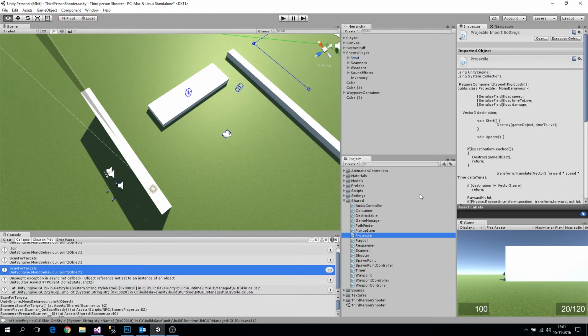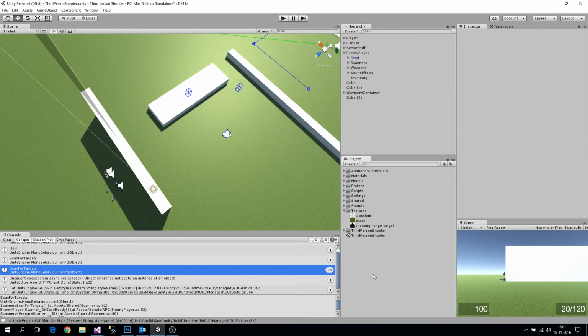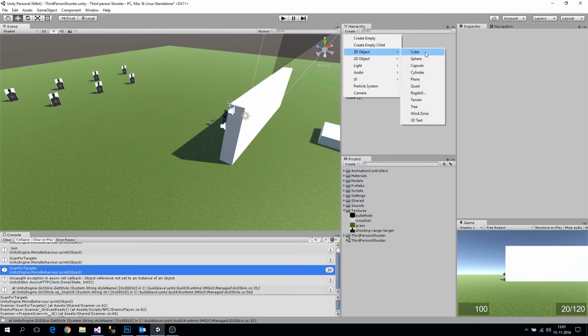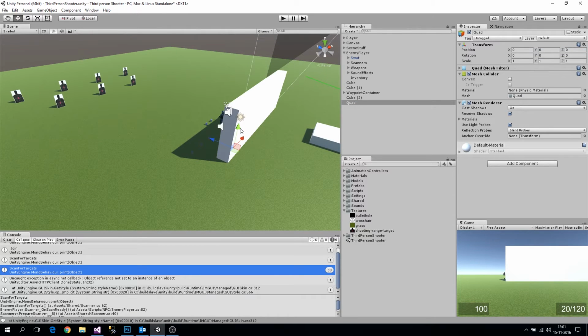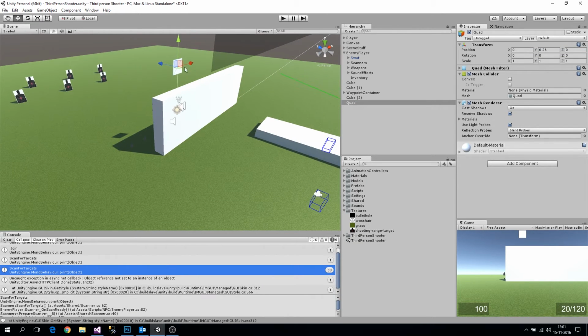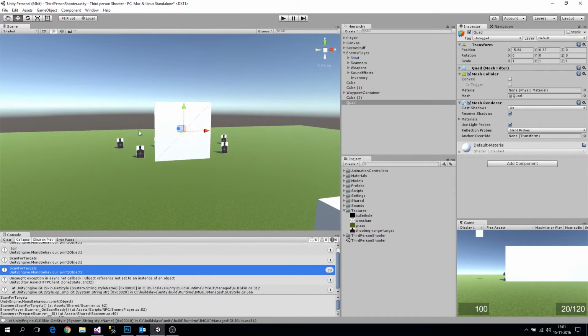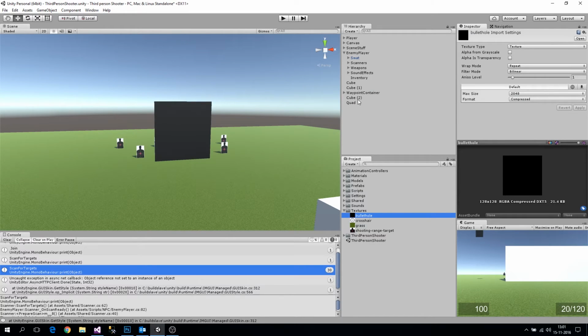Okay, now let's add it to our texture folder. So open up your bullet hole and then drag it into your texture folder. Okay, now let's create a quad and put it at 0. And again, this quad is only rendering on one side, so it's very cheap to use, only 2 triangles. Drop in the bullet hole texture on it, and now make sure you are, let me see, if you go to the quad and you go to the shader,